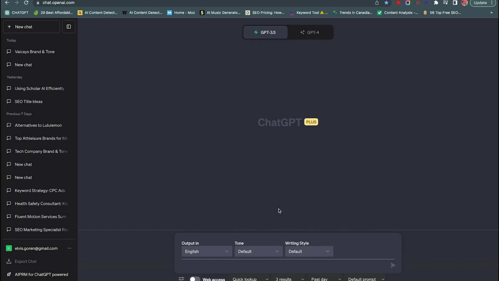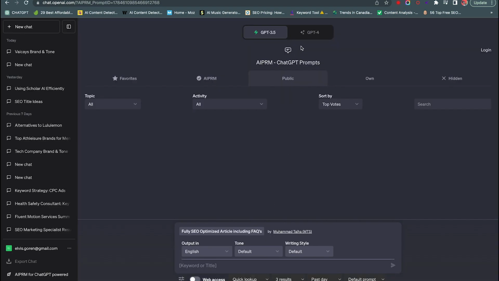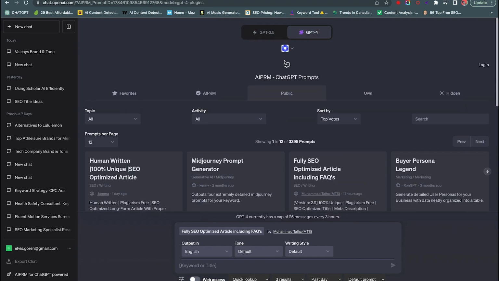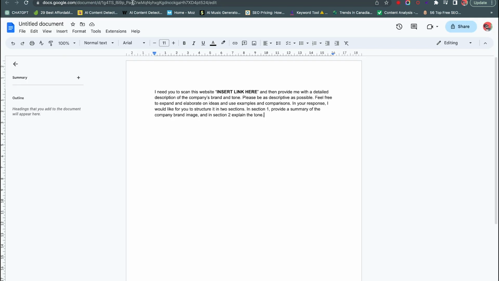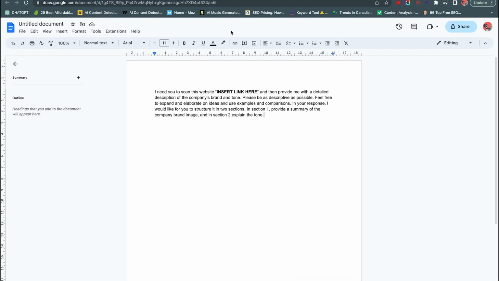I'm using ChatGPT 4, but you can use 3.5, not really for this prompt, but for the article. So this is just if you have 4.0. I'll do this fairly quickly. This is a new brand that I'm working with. So this is the prompt that allows it to